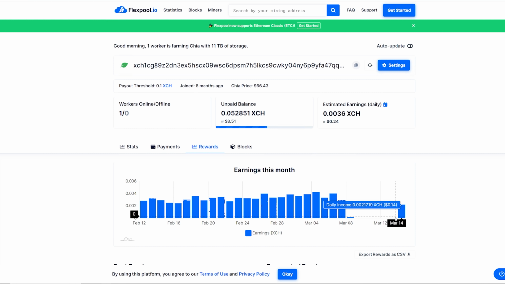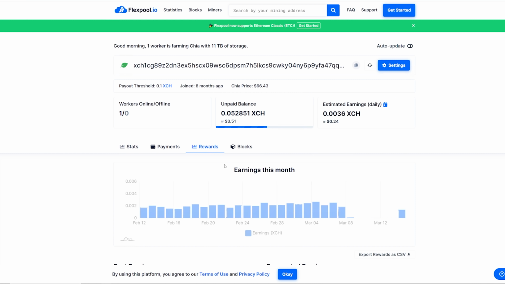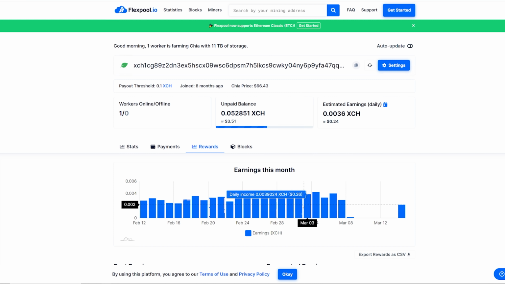You can see here it's been off for 5-6 days. I don't know if it's still profitable or not, but with the amount of hard drive space here, calculated 15 terabyte, it looks like I've been making about 26, 24, 25 cents a day on XCH with my rig. And I wish I had the calculation of how many watts that rig is taking. With those hard drives, I'm going to say less than 50, 60 watts for the whole machine. I'm not quite sure.